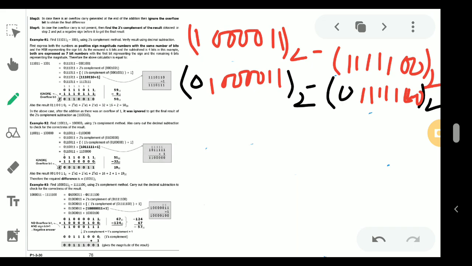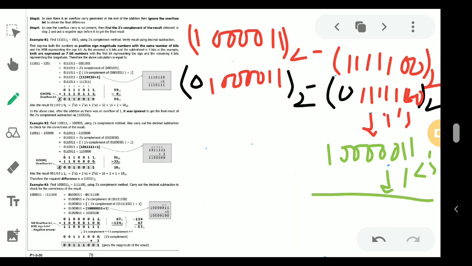To find out the 2's complement of the second number, first you have to find out the 1's complement. So the 1's complement resultant would be 1, 5 times 0, double one. This is the 1's complement, and we have to add 1 with it to get the 2's complement value. So if you add, what is the resultant you are getting? 1 plus 1 is 0, carry 1; 0 plus 1; 1 plus 1 again 0, carry 1. It is 1.